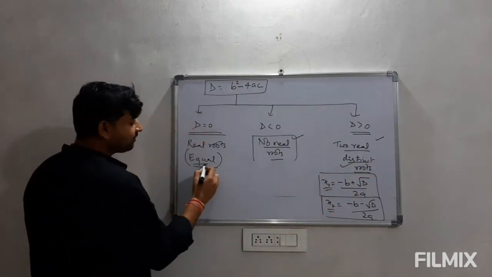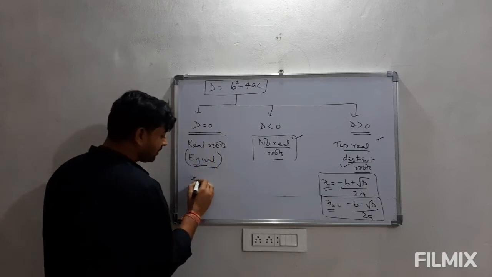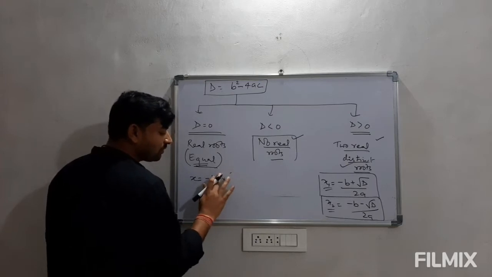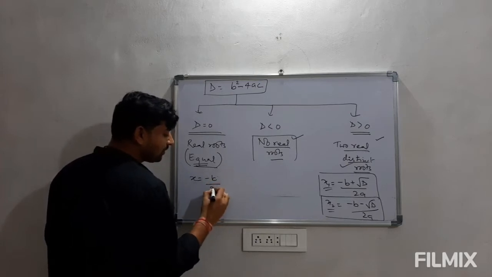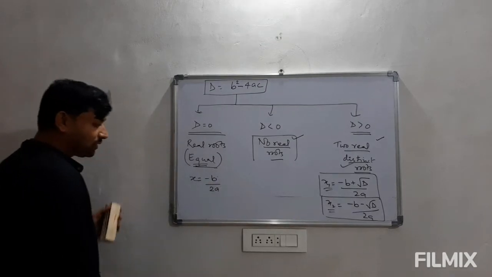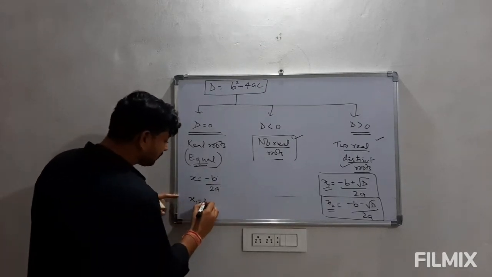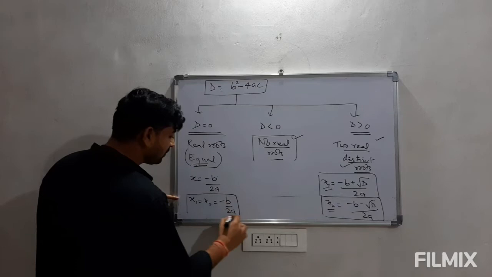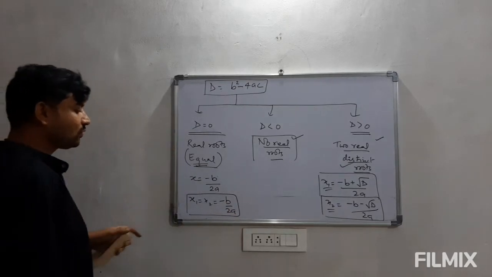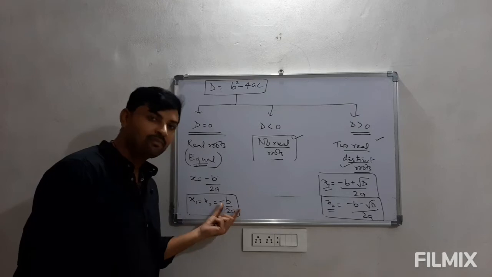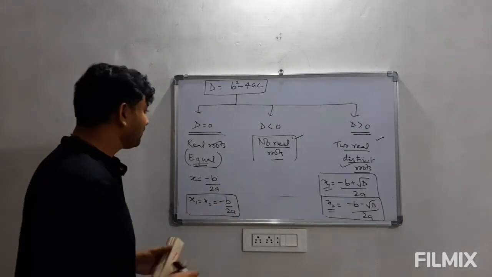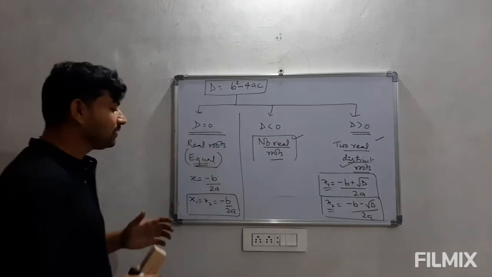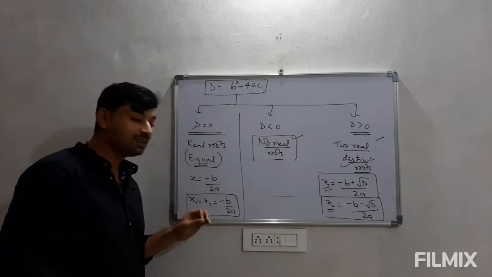Now come to this. Here we have equal roots, so what will happen? The value of x will be minus b plus minus under root D, that is coming out to be 0. So this we have to remove. So from here we are getting only minus b by 2a, which means the value of x1 and x2 which we get here is nothing but minus b upon 2a, minus b upon 2a. So the two equal roots will have the same value, minus b upon 2a, and this is nothing but a perfect square. Whenever we have discriminant 0, it means the equation will be a perfect square.